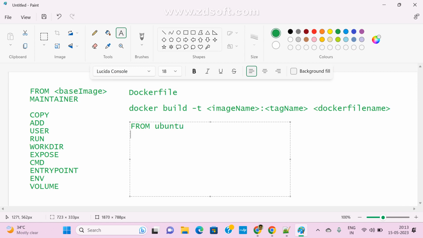Next, I gave RUN, for example apt-get update with -y. Now, without FROM, can you create your own image? Can you write a Dockerfile? Is it working or not? Anyone guess?